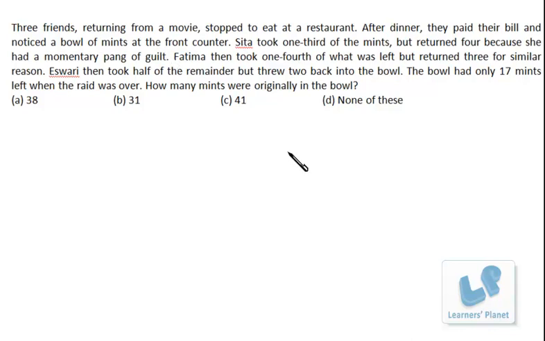Friends, what we do immediately after reading the question is start making the equations. But that's actually not necessary. You can go by the backward approach. Here the first statement is Sita took 1/3 of the mints. That means the total number of mints should be a multiple of 3. Then only Sita will be able to take 1/3 of that. So among the options, none of the options is a multiple of 3, so none of them will be correct. So no need to go for any sort of paperwork, and no need to make any equations. Quite a simple problem. I hope you are clear.